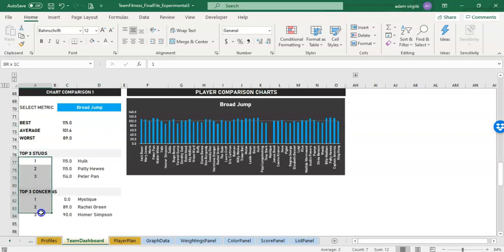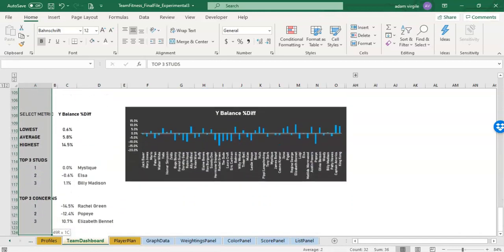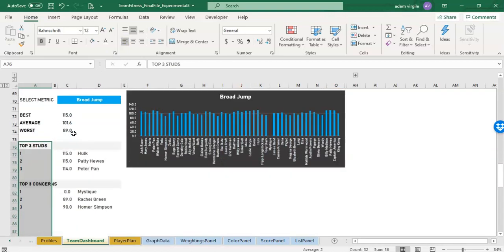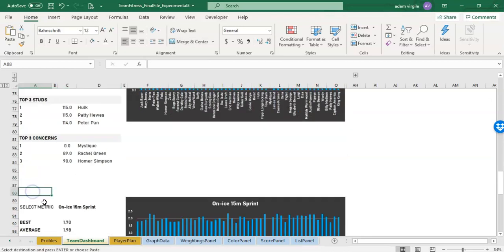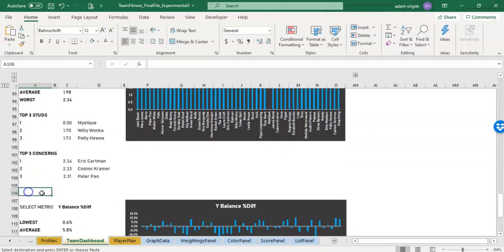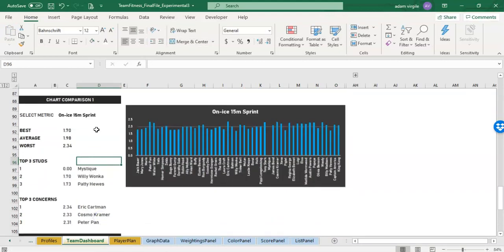And yeah, maybe the numbers are left aligned with all this stuff. And let's add this chart comparison thing. Let's add it here. And let's add it here. Comparison 3. Chart comparison